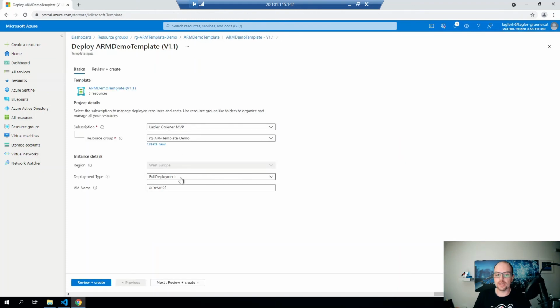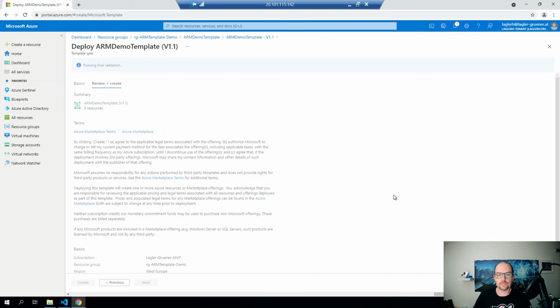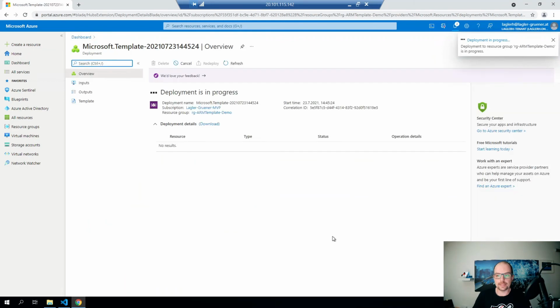Select what kind of deployment type, in this case a full deployment, and the VM name, in this case ARM VM demo 01, and click on create and review. The template will be validated, and click on create, and the deployment is now given to the Azure Resource Manager,